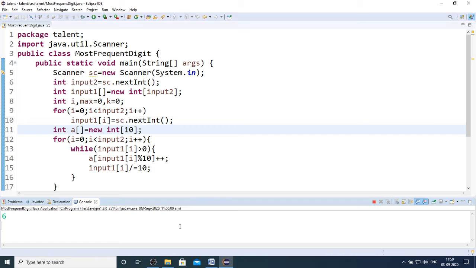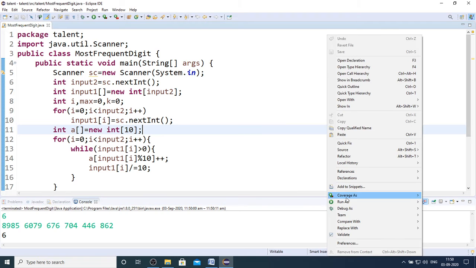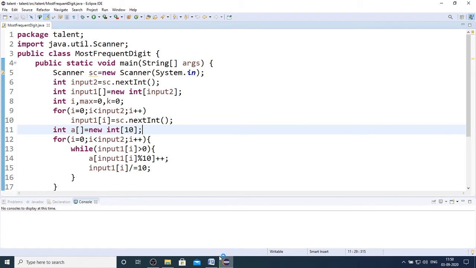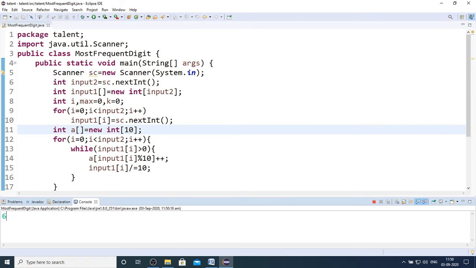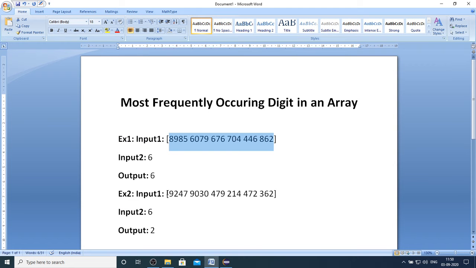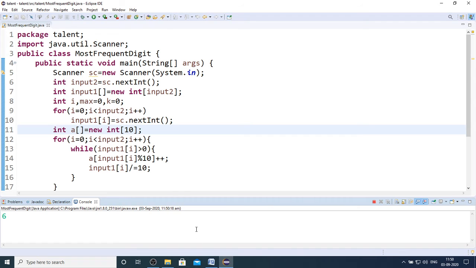So here I go. You can see 6 is the most frequently occurred digit. Let me show the second test case also. Again it's 6 numbers and the input is this, and there you go, you get 2 as the most frequently occurred digit.